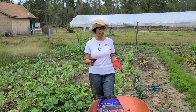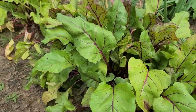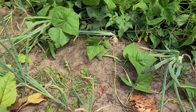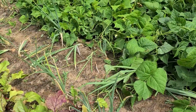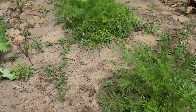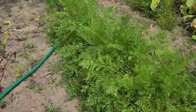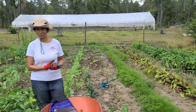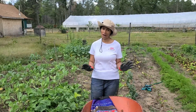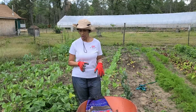Now, the next thing we're going to be doing today are the beets and the onions and the string beans, and we have quite a few beets that need to be harvested, and the string beans are just growing really crazy. As you can see, we have some carrots here, and we're going to harvest those carrots, and they've gotten really big. I'm grateful for that. My brother-in-law says he has this great recipe for actual fried carrots, which I've never tried, but I'm actually going to try that today. As you can see, also we have this